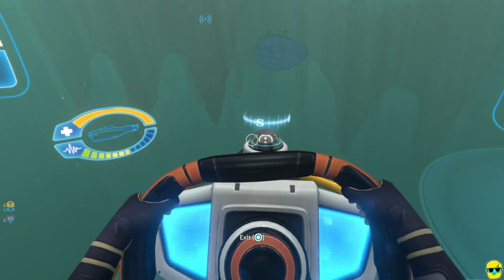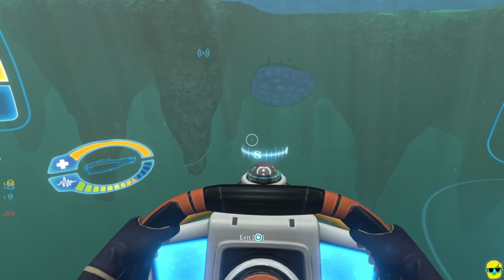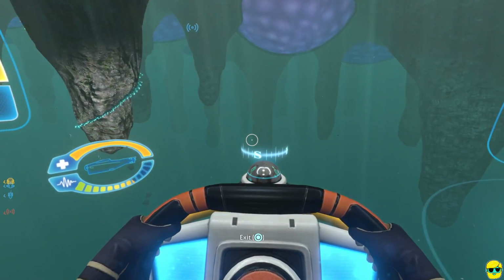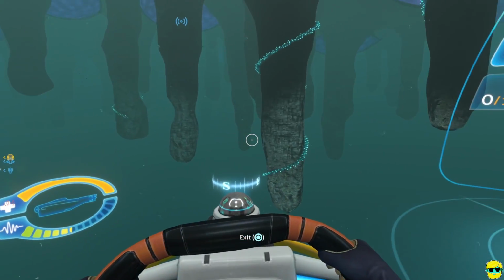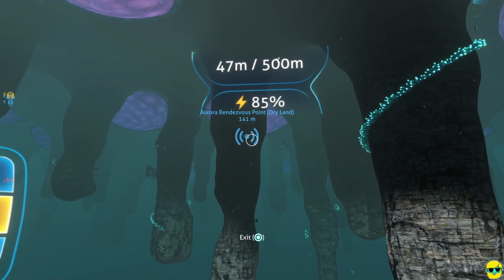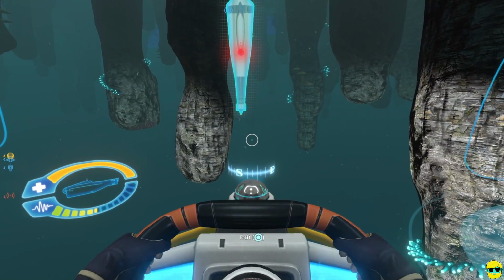So the Aurora rendezvous is the floating island, not the gun island. Now, I don't know if we did this exactly, but this is definitely good stuff. If you go right under the floating island, first of all, take a look at that awesome view, and then